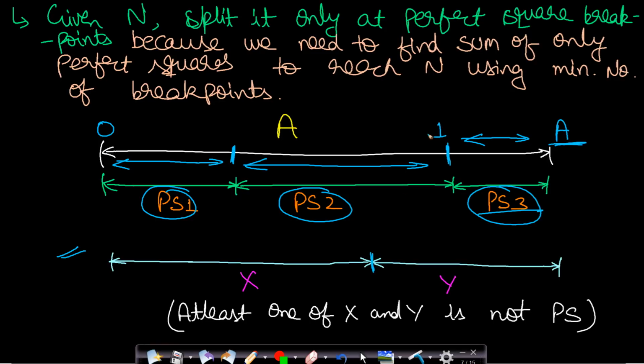This was our first breakpoint B1, this is our second breakpoint B2, and this is our third breakpoint, let's say B3. In this case you can see that this point is lying between B1 and B2. So we cannot do a break at this point since the last point is also a. If at least one of x and y is not a perfect square, then we cannot do a breakpoint at this point, because all the parts, that is all the chunks, should be a perfect square. This is the main constraint of our problem statement.